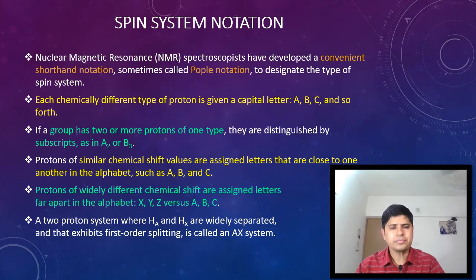Let us see. If we have two groups of protons, for example an ethyl group, CH3CH2Cl. In ethyl chloride there are two groups of protons, one is CH3 and the second one is CH2. Now we have to designate alphabets to these groups of protons. Which alphabet we designate,